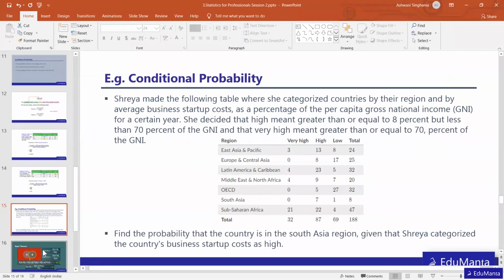There is a small question you can practice and tell me the answer if anyone can calculate it. I'm giving you 3 minutes for that. If you can calculate it by reading, just tell me the answer. Otherwise, after that, I will calculate it for you. Here we need to understand what has already occurred and what we need to find. Once we are able to identify that, we will be able to get the denominator as well as the numerator, and then we can easily calculate the conditional probability.